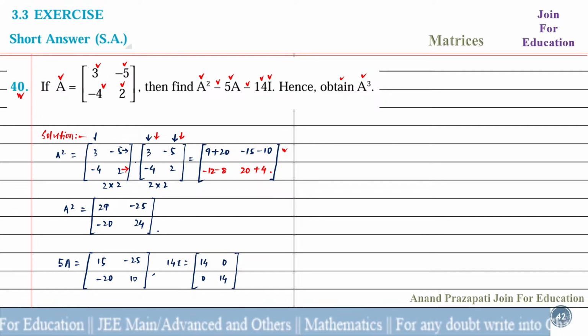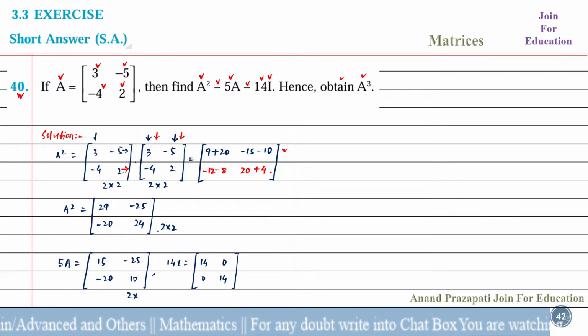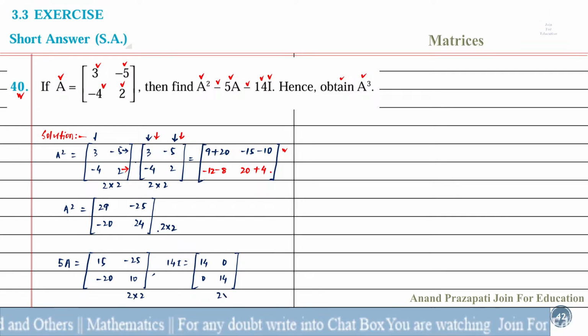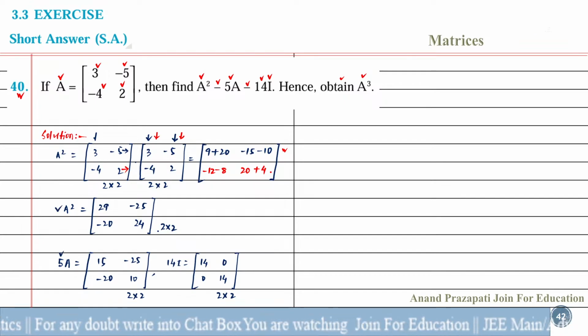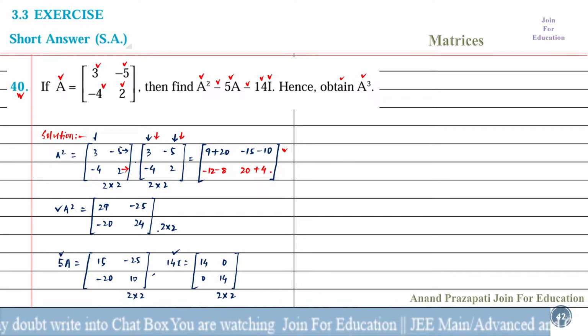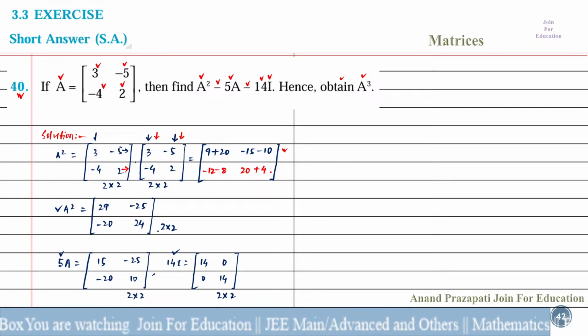The order of this one is 2 by 2. Order of this one is also 2 by 2 and order of this one is also 2 by 2. So this one and this one is confirmed for addition and subtraction. So we find out here